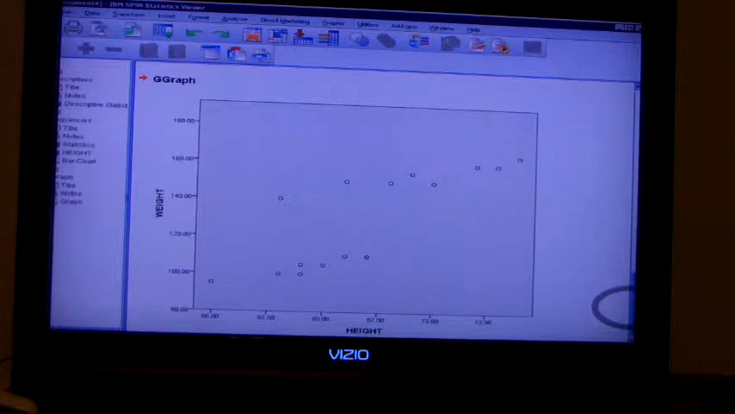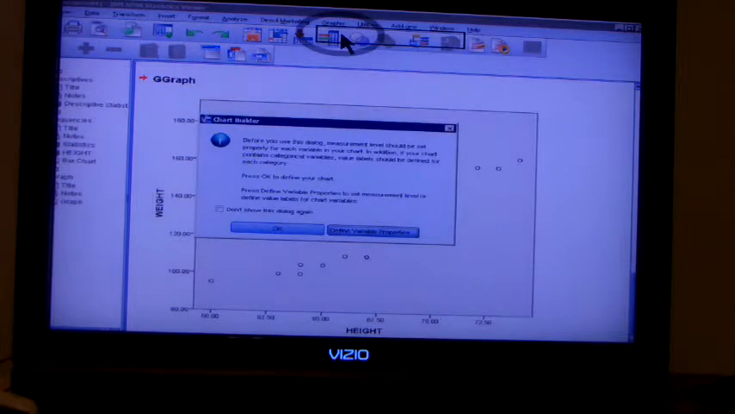And that's what's in the book on page 39. That's the scatter plot, the output, and it has the participants' appropriate X and Y. So now turn to page 40. We're going to go back to the chart builder again, graphs, chart builder,